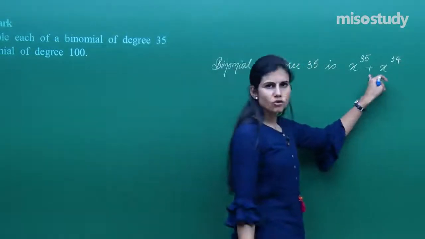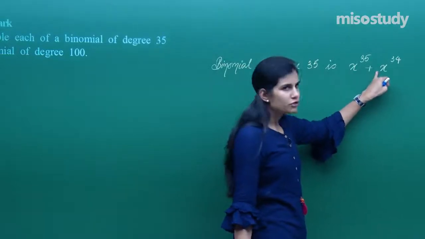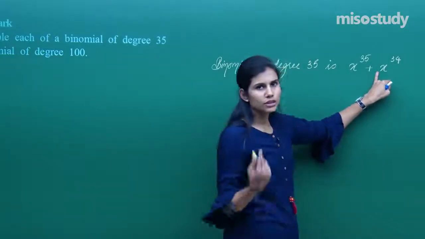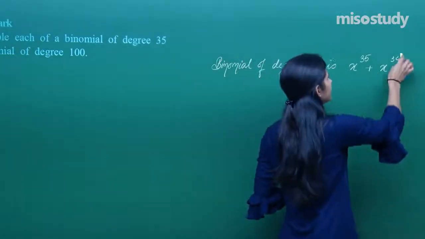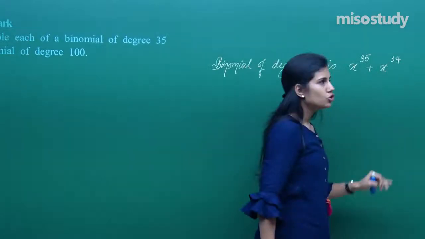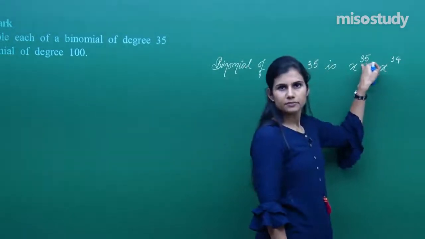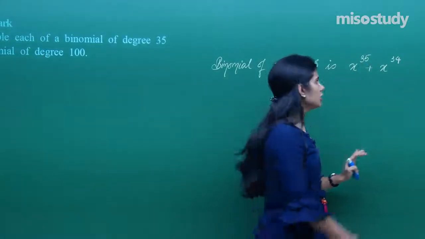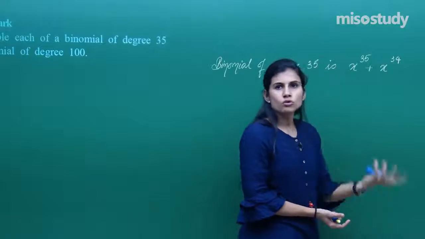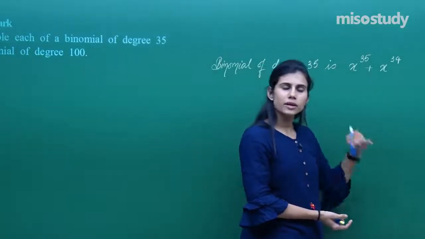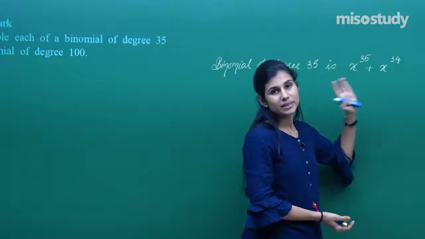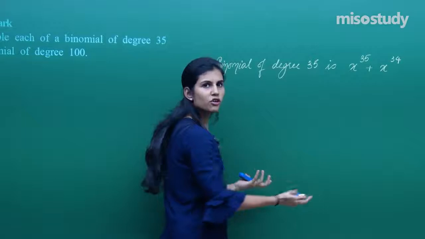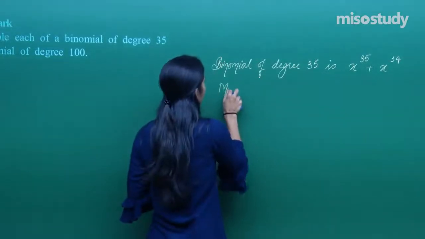You can keep a minus here or a plus here, that's your choice. Again, coefficient of x to the power 34 can be any non-zero real number, that is your choice. I have kept it to be 1, you can keep it to be anything. But keep in mind that the degree of this variable should be less than 35, so that 35 happens to be the highest power among all the powers in the expression. You can keep this degree to be 30 also, 2 also, 1 also, 33 also, 21 also, 27 also, keep it anything but strictly less than 35. Is it clear? So this is one of those expressions, and monomial